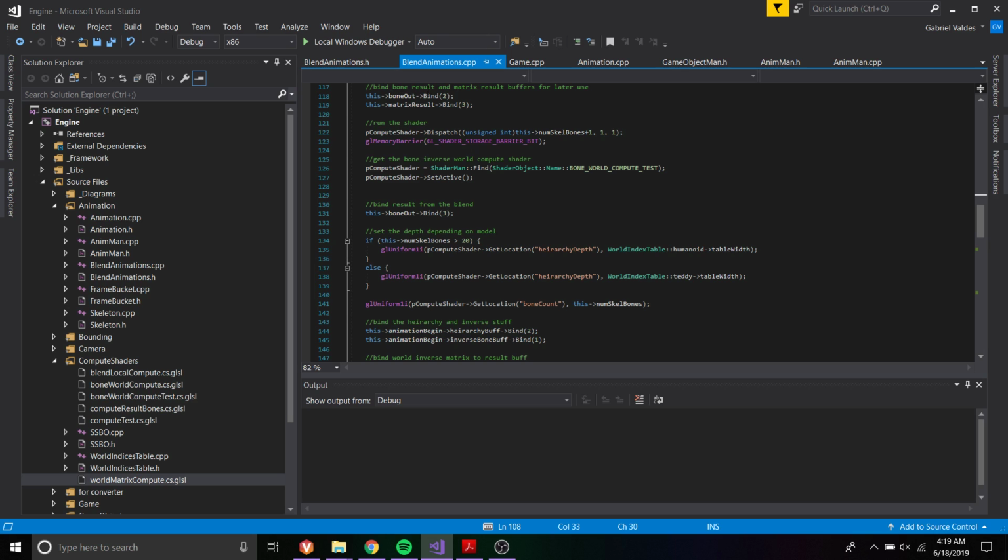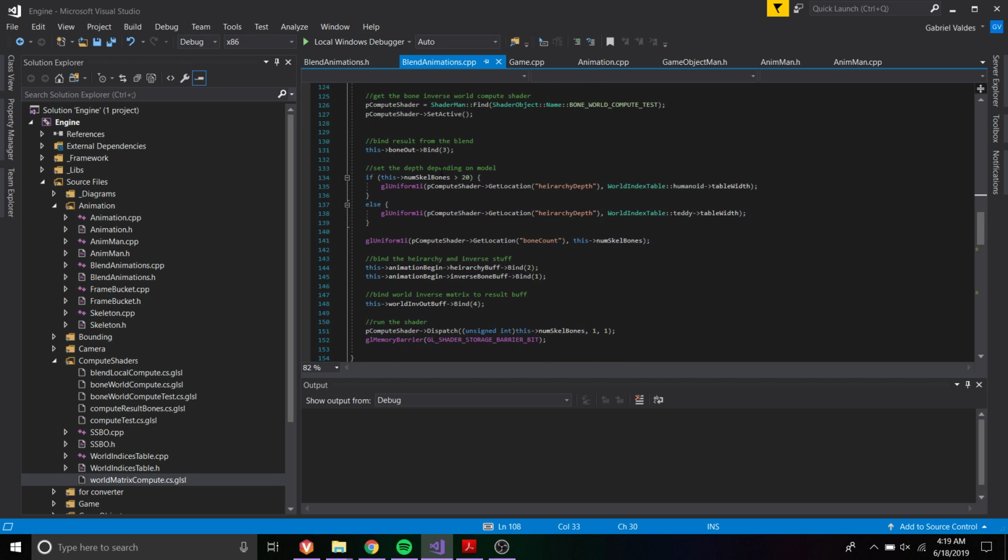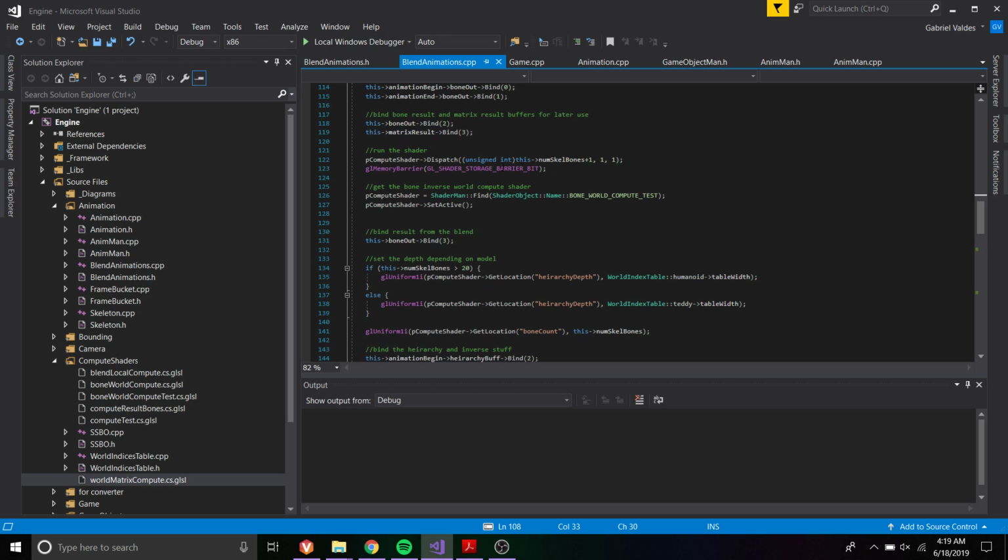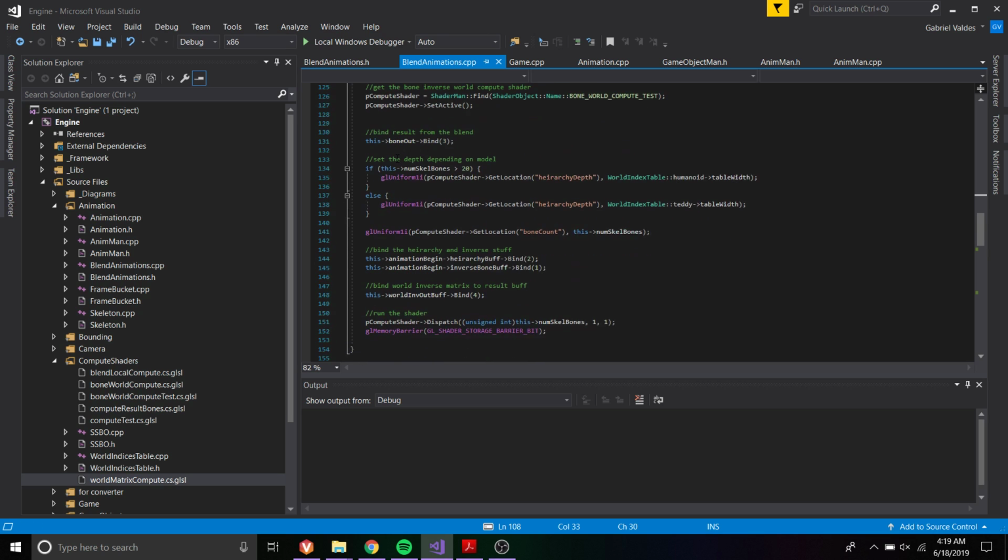Do the same thing, both matrix stuff. These are both SSBOs that this blend animation owns. Binds the, oop, that's not yet. Okay, so then you dispatch, wait, get your answer, right? So then you start to use